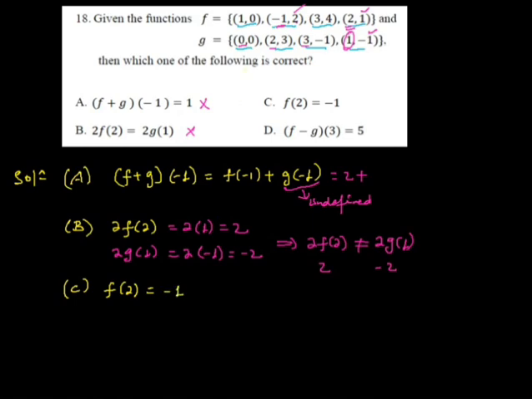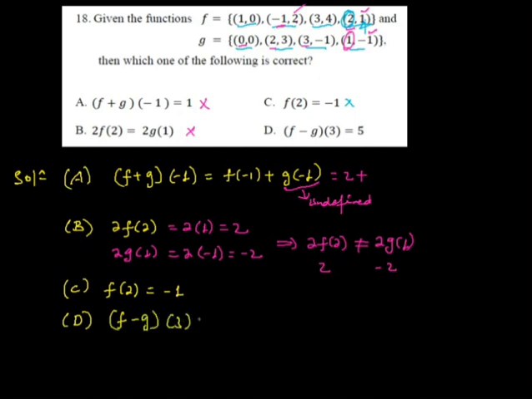ወደ C እንሄዳለን። C ጋር ስንመጣ F of 2 ምንድነው ይለናል? -1 ነው ይለናል። F ውስጥ እቺን 2 ስናስገባ ሪዛልቱ -1 ሳይሆን 1 ነው የሚሆነው። okay so still the statement in C is also wrong. Cም wrong ነው። ዲን እንግዲህ ቼክ እናደርጋለን። by default D መልስ ይሆናል ብለን ተስፋ እናደርጋለን።